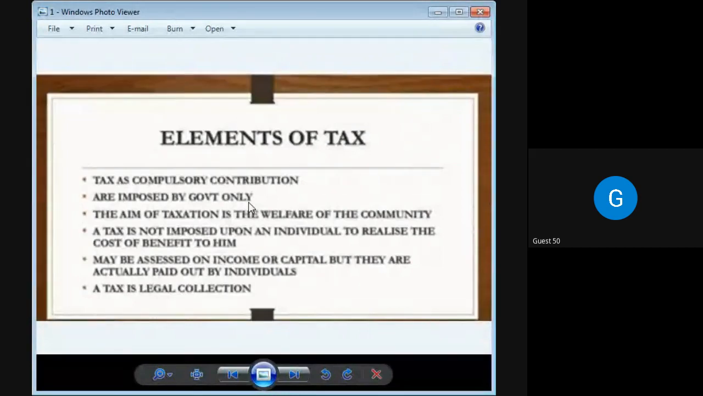It is a common interest. Okay, and it is charged on your income, your capital, but paid by the individual person. And it is a legal collection. Okay, legal collection means अगर आप in future में अगर आपने जो भी tax pay किया है,